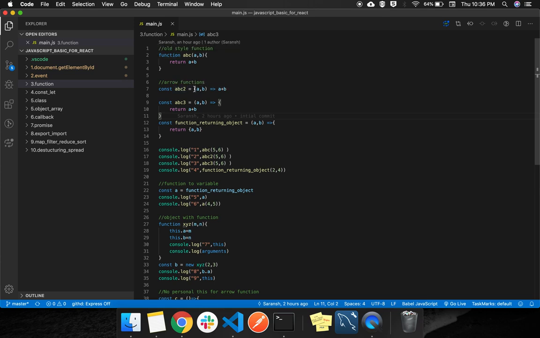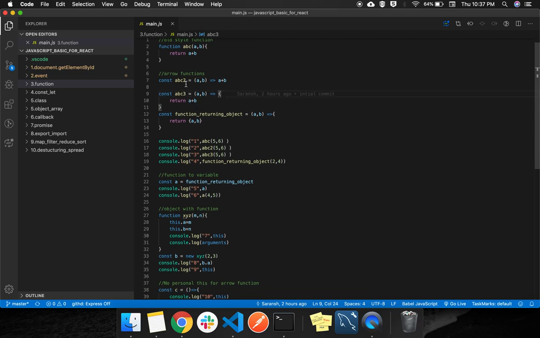Now we just have to write the parentheses, parameters, and equal to arrow, and we don't have to write return for a single statement. We can write a plus b. But if we have multiple statements, then we can give the curly braces, then whatever operation we want to do. Here we are just doing single operations.